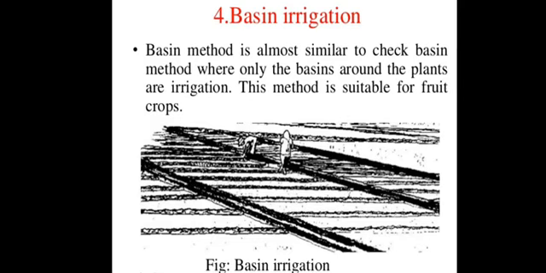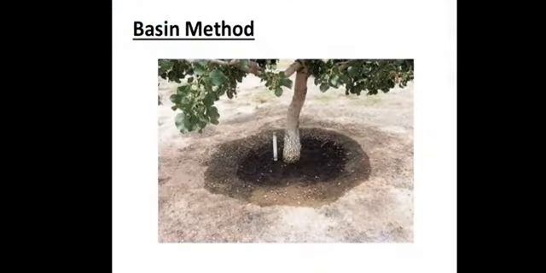For example, we have a banana tree. A banana tree grows very big. So what we do is, on the side of the banana tree, mango tree, banyan tree, any kind of tree it can be, we dig a little land in a circle, and every day in the morning, or twice, we pour the water. In the picture, you can see there is dug land in the nearby area of the tree and the water is being poured. That type of irrigation is called basin irrigation, which we usually use in our homes for any kind of trees.